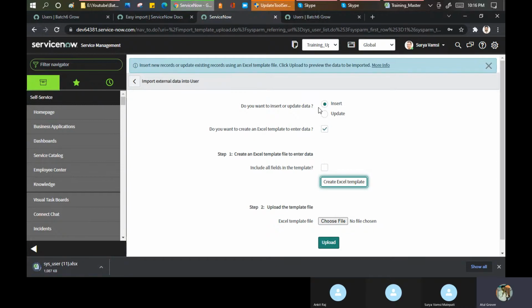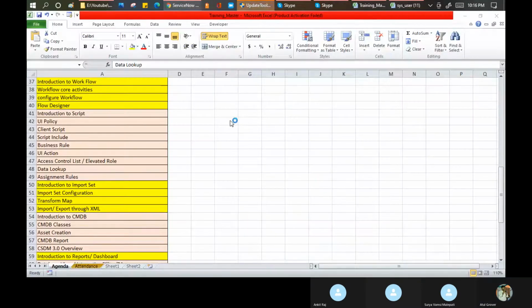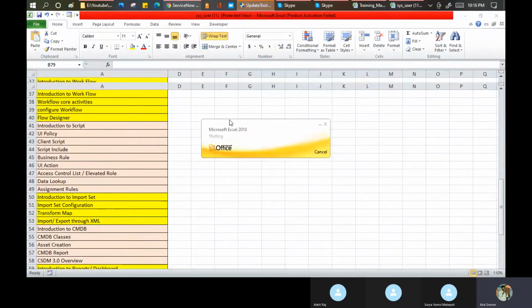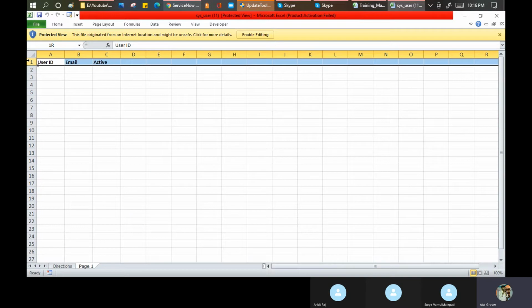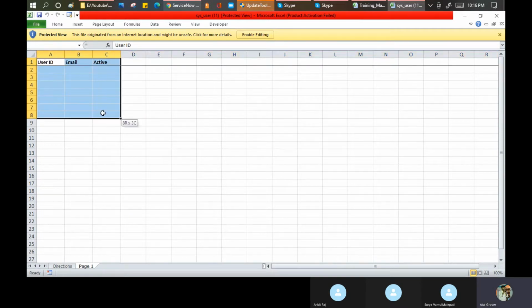Maybe it gives me only limited fields, not each and everything. See what it brings, only 3 fields. Out of 56, it brings only 3 fields.